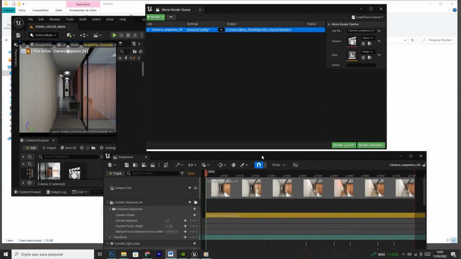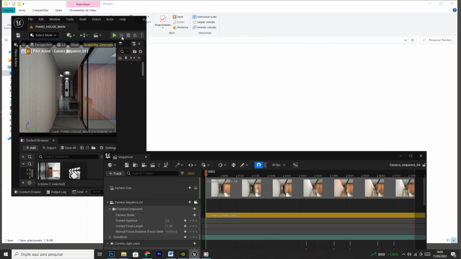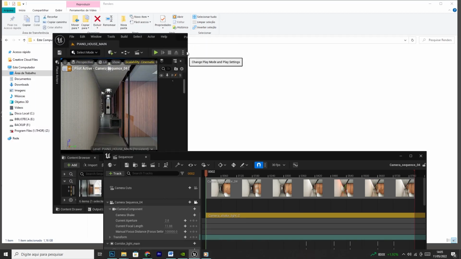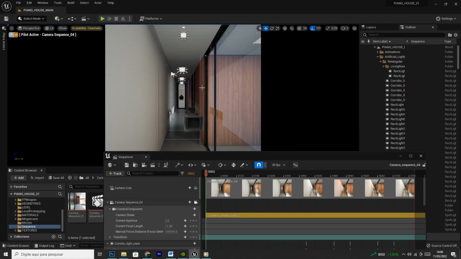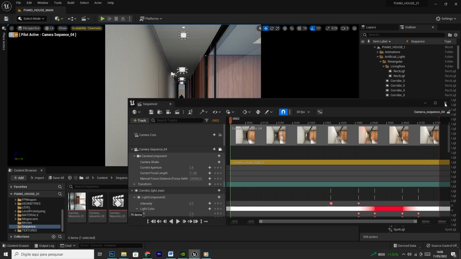Welcome to another class of Unreal Engine 5, where we're going to talk about rendering animations by using path tracing, with Movie Render Queue. So let's get back to the scene of the kitchen. I think it's better to use the path tracer here, because the scene is more fixed,